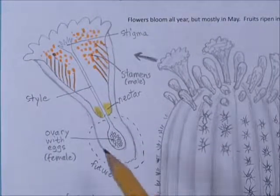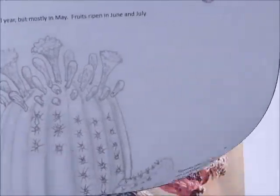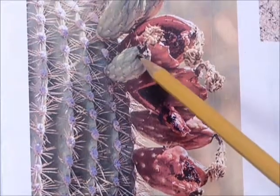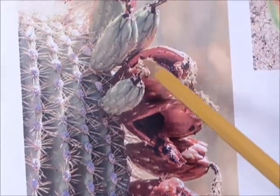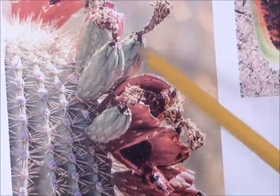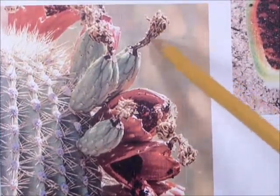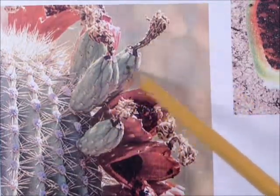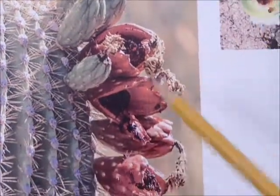So now let's draw the fruit. Let's find out what happens to this lump at the bottom. In this picture we see an ovary with a wilted flower, and here, same thing. The ovary's gotten much larger. This used to be the flower, and it's shriveled and gotten much smaller, and the ovary part at the bottom has grown and grown. So this is what happens first, and then see the next stage, maybe back here,